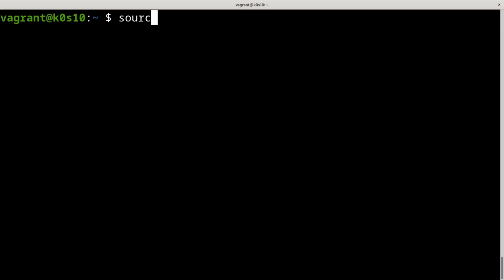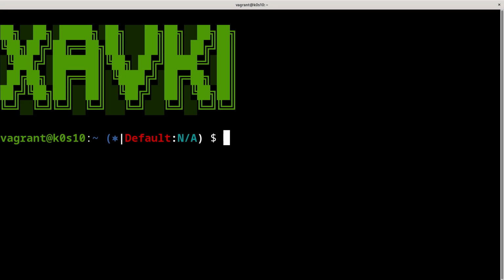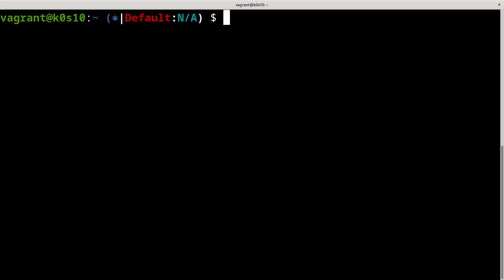And now we can source our bashrc file, like here, and now we have our ps1. So we know now we are in the default namespace. And just after, we want to install kubens and kubectx, and we can check it.